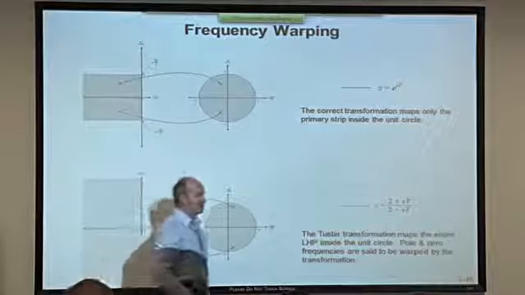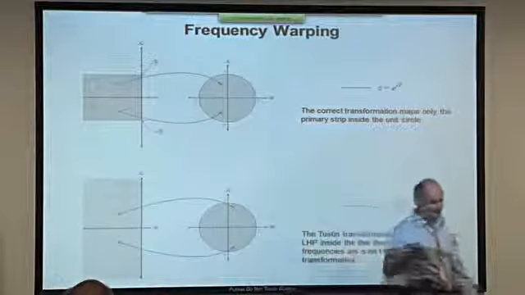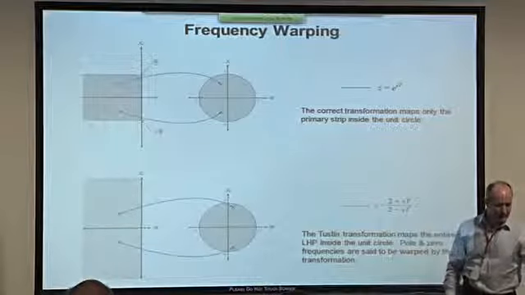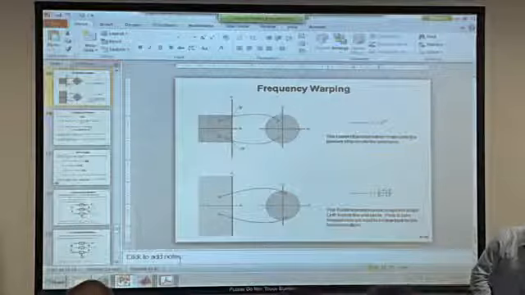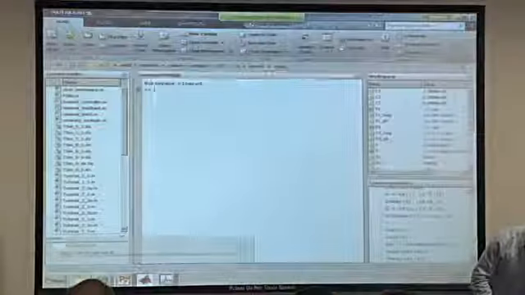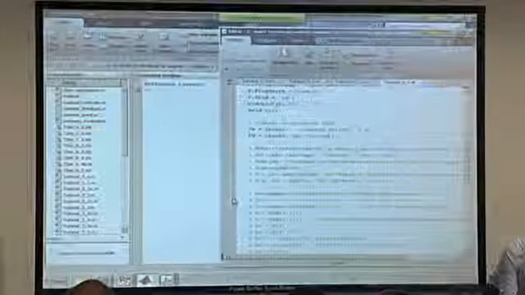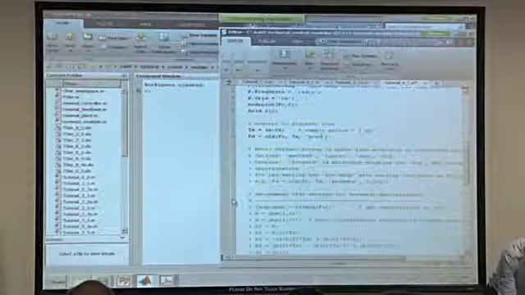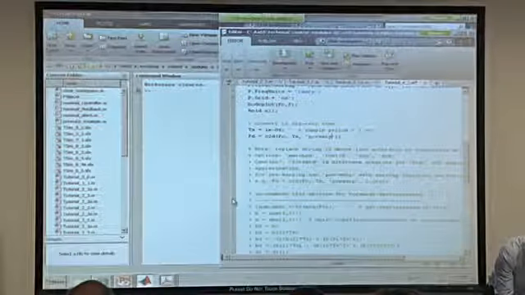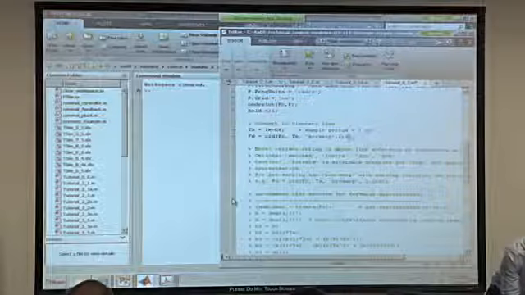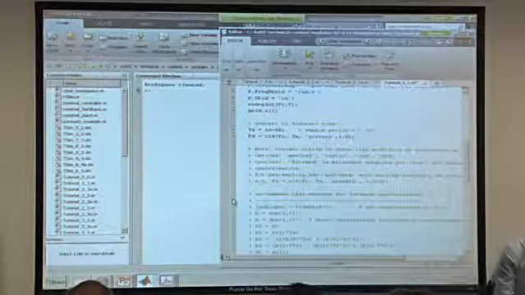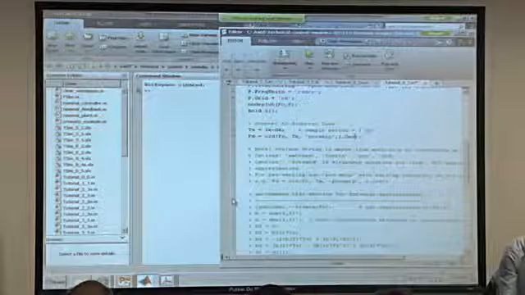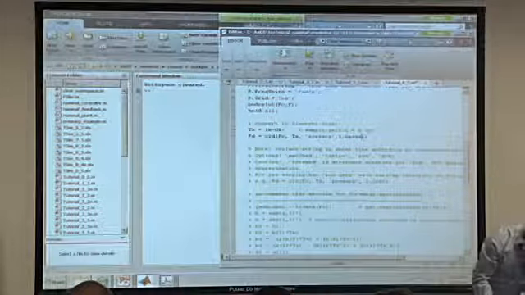There's a little bit of information in the books about this, more in the textbook that I handed out. Rather than step through that information, I'm going to show you how it works in MATLAB so you can see for yourselves. There is a script for it. It's called pre-warp. And you have to tell it the frequency that you're interested in preserving. We've been measuring the phase at 10 to the 6 radians per second, so let's put that in. Plus 10 to the 6 radians per second. And when we run this,